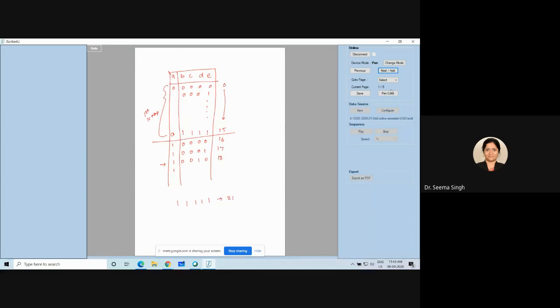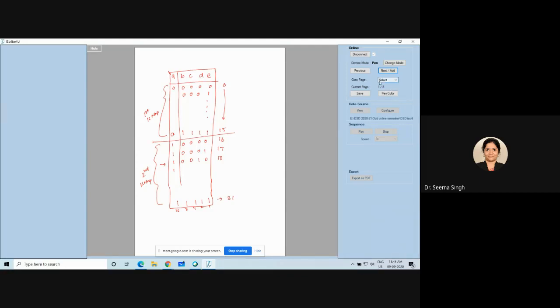You can check it also. It is 1, 2, 4, 8, 16. When you add all this, it becomes 31. So till here, this part is there in your second K map. I hope your K map construction is clear, where 0 to 15 is your first K map, 16 to 31 is your second K map.